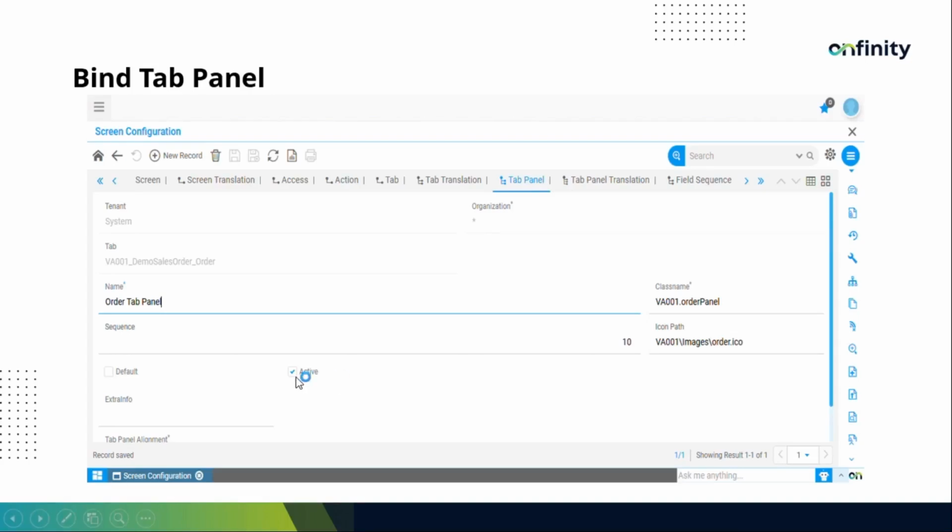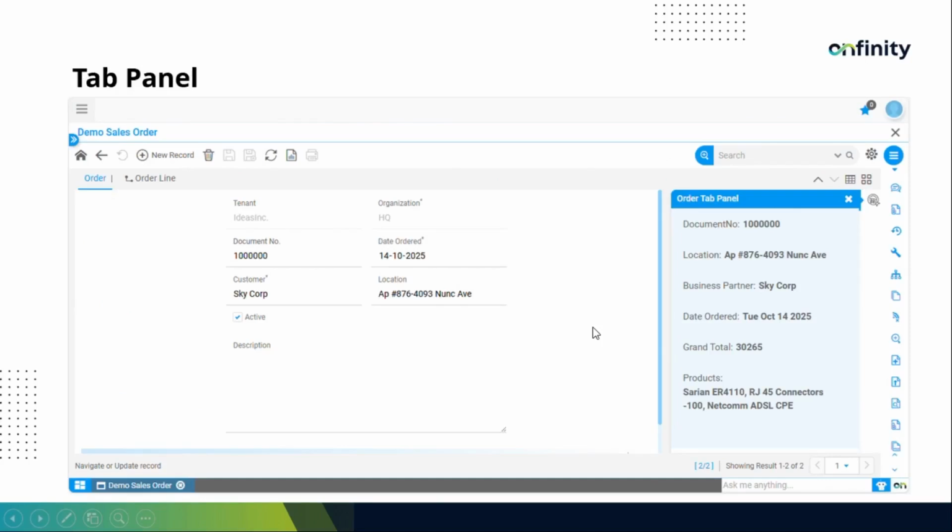You can also mark a tab panel as the default, indicating that it should be the one displayed initially. By default, when you open a tab, the designated default tab panel will be displayed. You can also define the tab panel alignment, either on the right side of the tab or at the bottom of the screen. An example of this can be seen on the demo sales order screen, which contains two tabs,